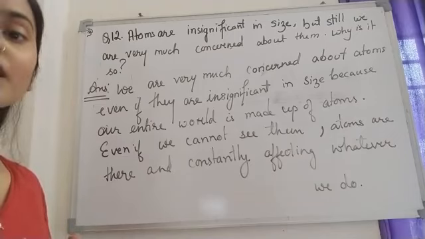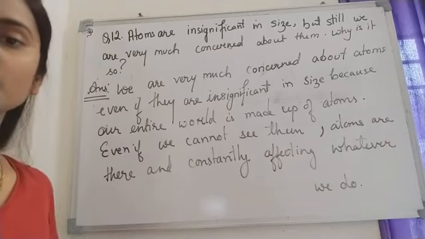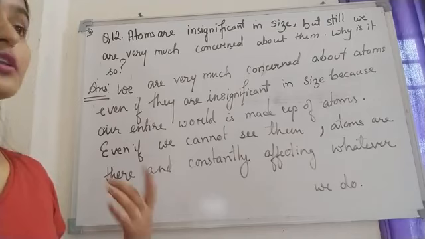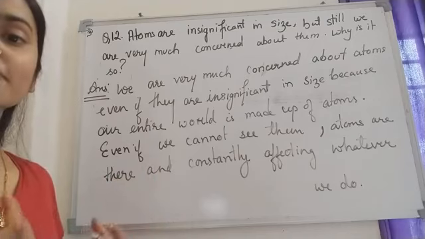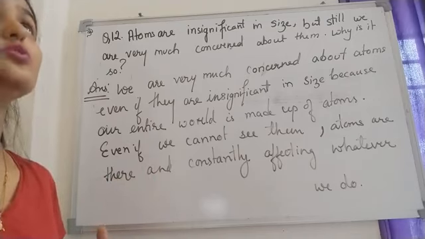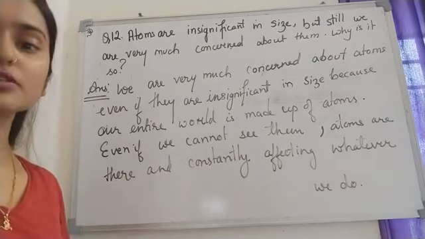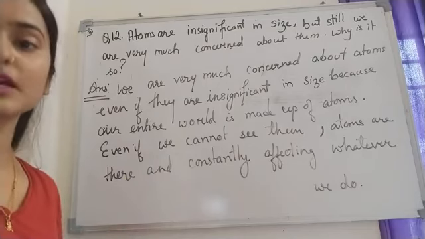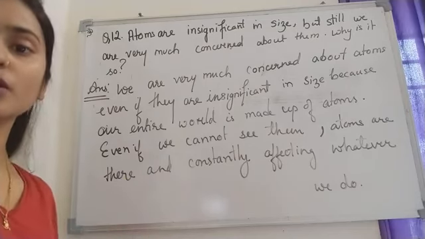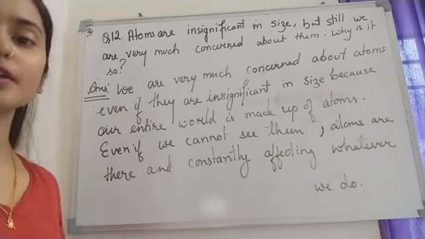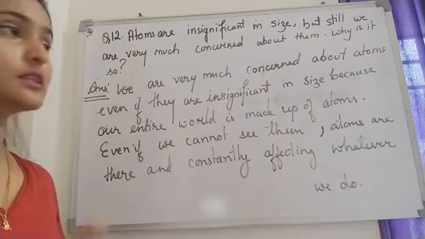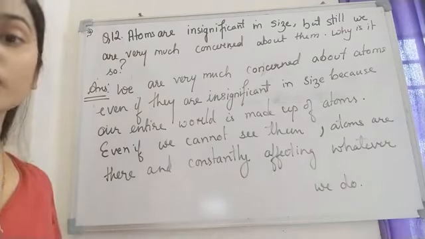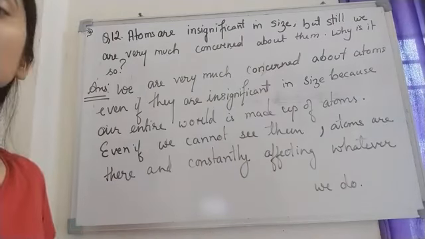We are living because of atoms. We are made up of atoms actually. Right now it's summer, you are feeling hot, you need your air conditioner, you need your fan, you need electricity. From where are you getting it? Because of atoms which contain electrons. So one way or the other, atoms are the reason that we have everything in this world. That is the reason why we are so much concerned about atoms.